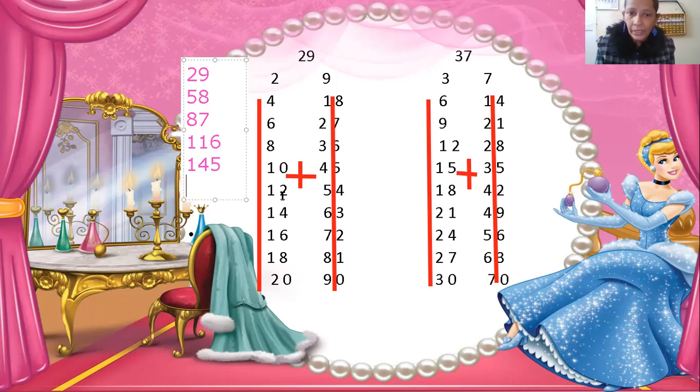Next you see, in the middle of the line, 12 plus 5 is 17. 17 I have written here, and 4, which is with it, I will write down here as it is. Next you see 14 plus 6. 14 plus 6 is 20. 20 I will write here, and 3, which is with it here, I will write down